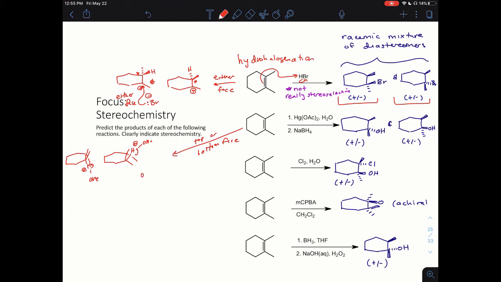And then when water comes to open this up, water does so from behind the carbon-mercury bond just because this is an SN2 reaction, right? It's a weird SN2 because it would attack the more substituted carbon if the alkenes were asymmetric, but they're not. And it can attack either carbon, which is why you'll see racemic mixtures of the product. So the first step is stereoselective. We would have a racemic mixture after deprotonation